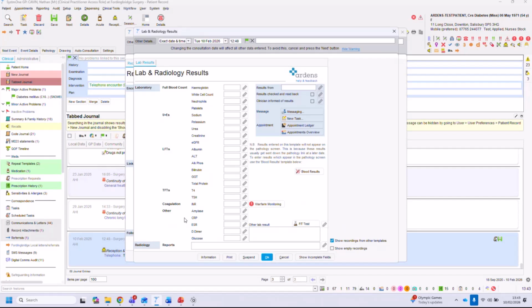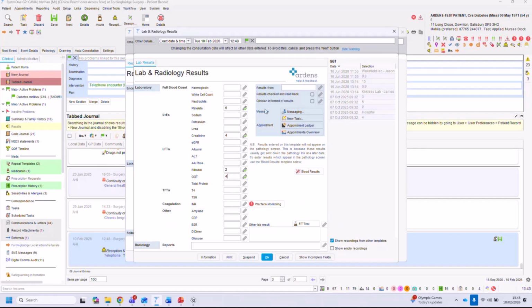So the labs call up and say, we've got an urgent result, can you please let the GP know? Everyone seems to record this differently. What you could do is use this lab and radiology results template, because I might be on the phone, just working reception, and I don't have to write it all out. These numbers probably do not correlate whatsoever to these things, so do ignore it, but we could fill out whatever